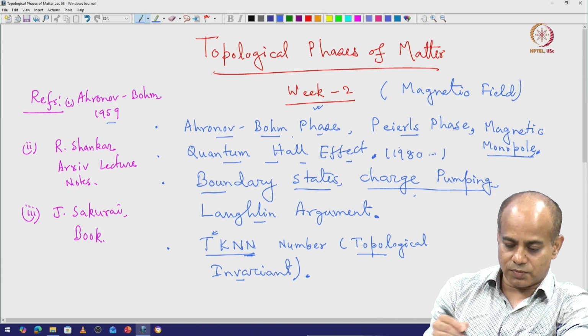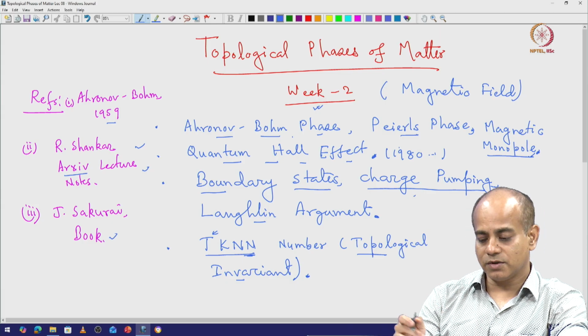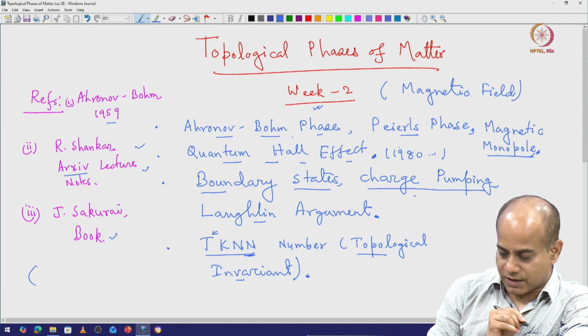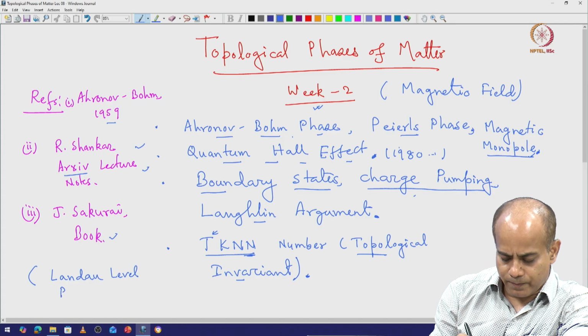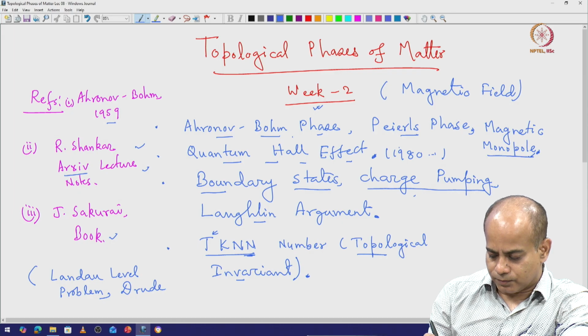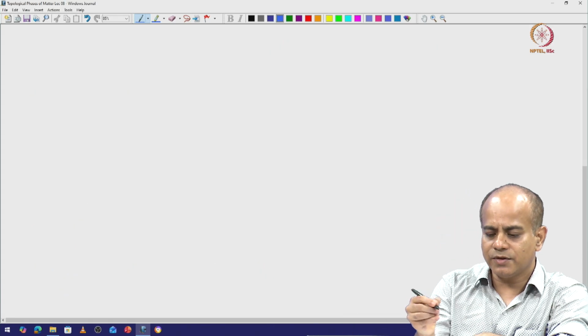Okay. So, these are the lecture notes which are there on arXiv. You can look them up, and Sakurai's book as well, and also these things are there in the other books that I have already mentioned at the beginning. And if you have forgotten, just look up the Landau level problem. I need those, and probably also the Drude model for semi-classical transport. All right, let's start with